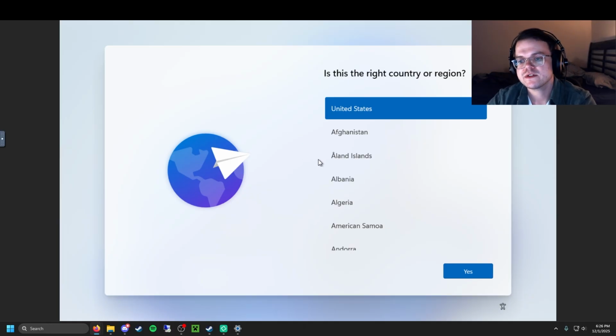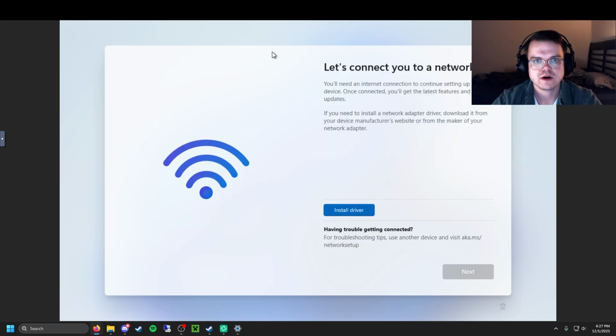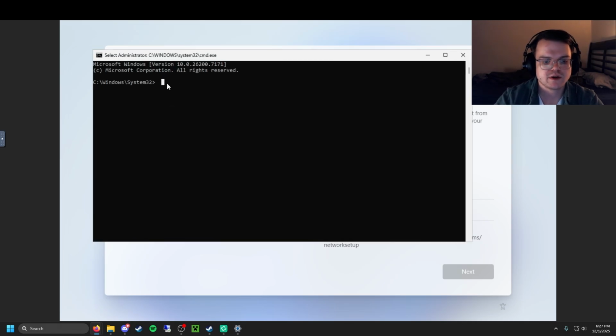If you've already gotten past this step and you're already logged into Windows and everything, don't worry about it. If you feel like resetting and starting from the beginning, you can do that. All right, so then what we're going to do is hold down the Shift key and hit F10, and that's going to open up a command prompt, and you're going to type in the following command. It'll be OOBE for out-of-box experience, and we're going to do